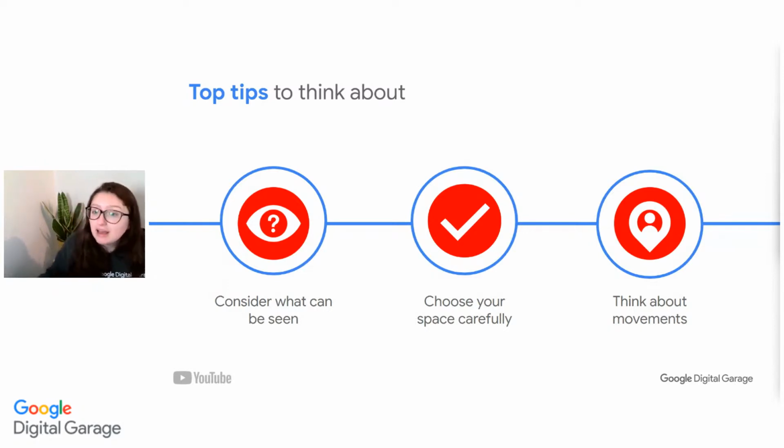Choose a space carefully. Try and find a room that has carpets and don't sit in the bathroom, for example. Avoid those heavy echoes. Camera positions, think about movements. Think about the angles and the movements that you're going to have within that video. How's that video going to open? How's it going to close? What are the key movements between those different phases of your story?